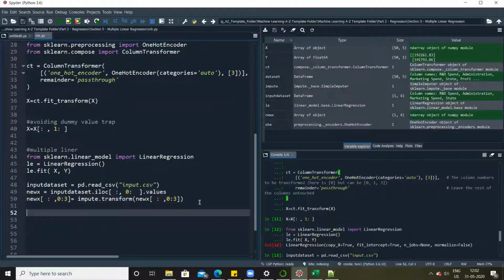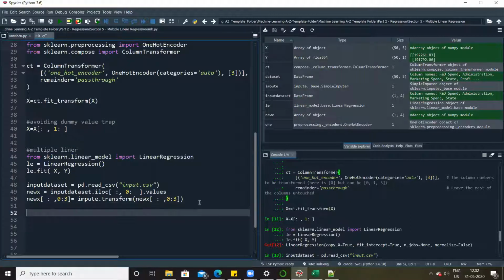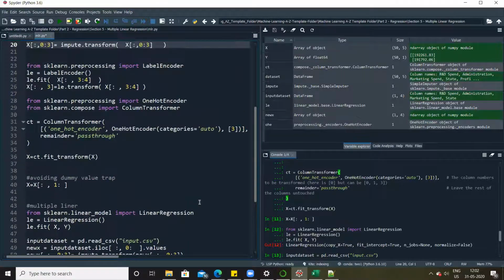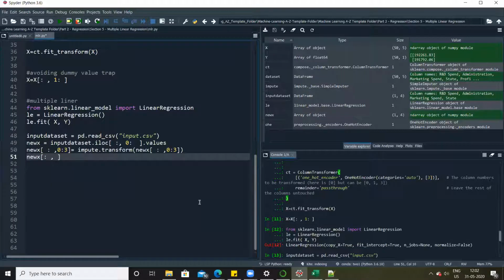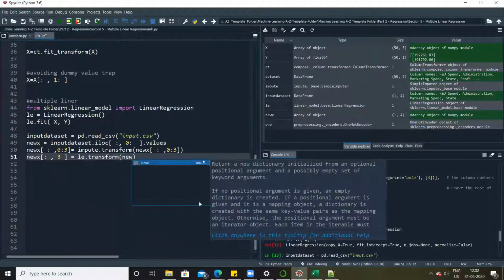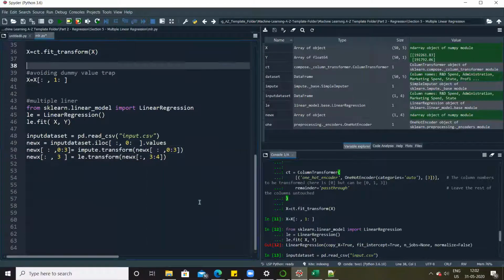After applying impute, we need to apply what? Label encoding. Right? So I'll say label encoding. So again, label encoding के लिए I will not use a new object. We'll have to reuse the original object LE. And उसमें भी we will not apply fit. Right? We will directly apply transform. So I'll say new X, all rows of X, but with index 3 is equal to label encoding dot transform. Transform on new X, all rows, column index 3 colon 4. See, a similar step.